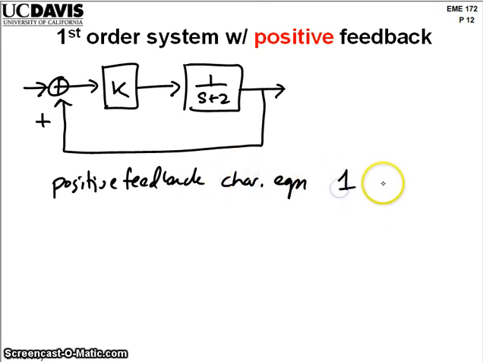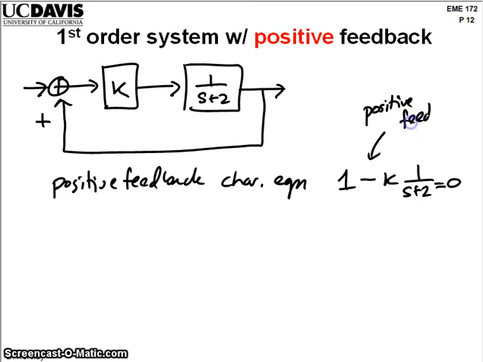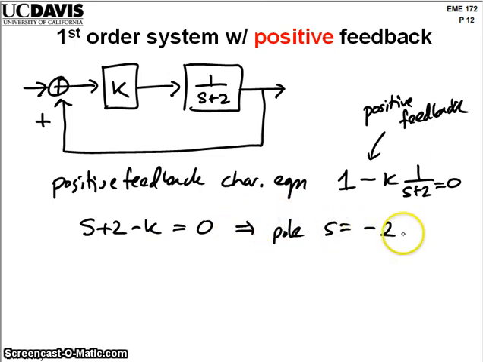Well, instead of 1 plus GP times GC, I get 1 minus K. Okay, so all that happened is it changed the sign. So this is positive feedback. Positive feedback gives us a negative sign in the closed loop characteristic equation. And so we can now write this as s plus 2 minus k equals 0. And so the pole is that s equals -2 plus k. And so this pole is in the right half plane,